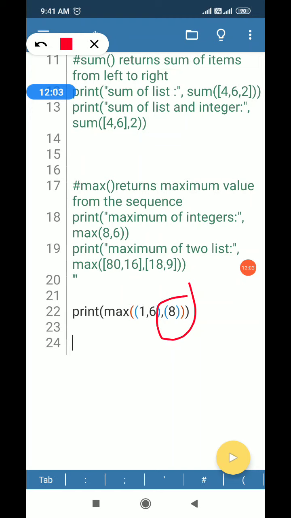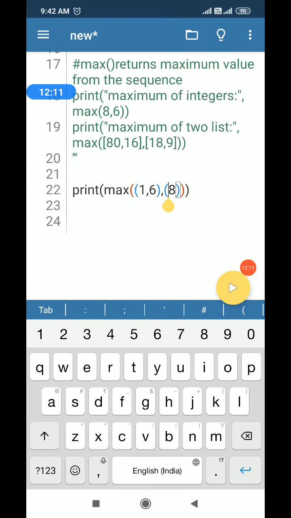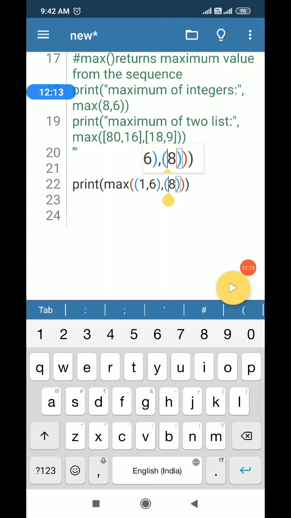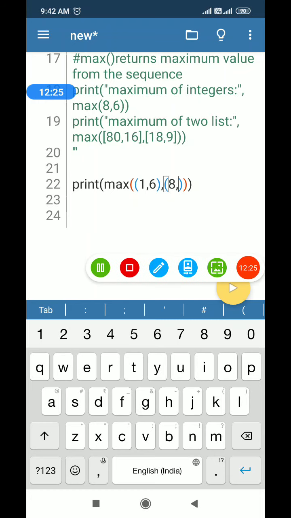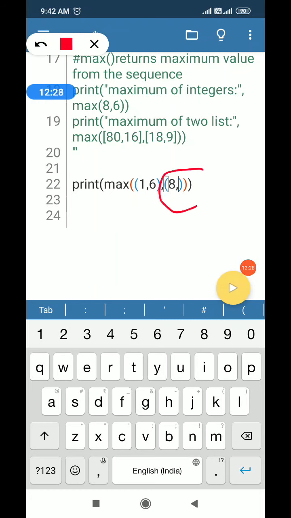It's an integer. From the last classes, I think you have understood this concept that when you want to write a single number in a tuple, then you cannot leave it in single parentheses. Rather, you have to use a comma there. Then only this particular number will behave like a tuple.